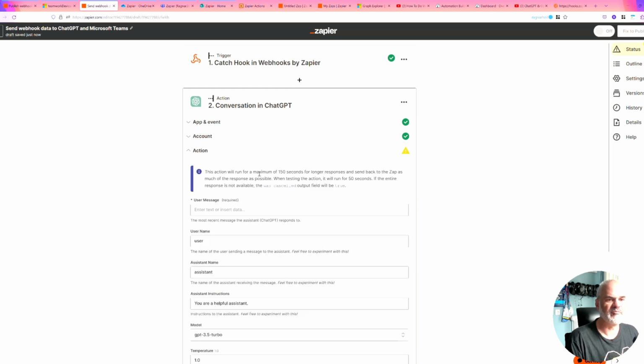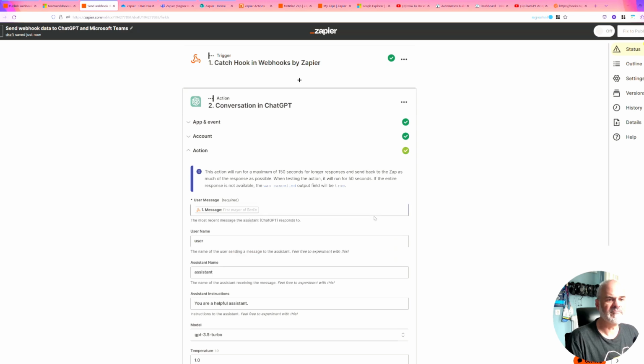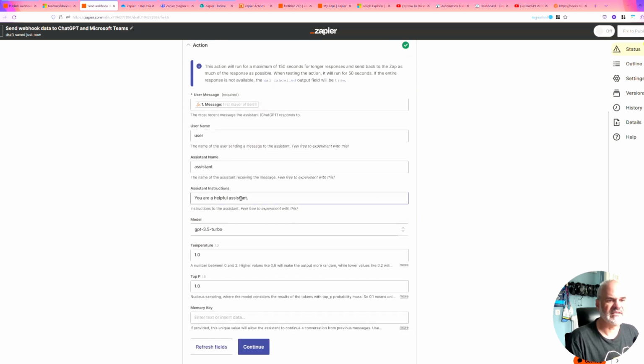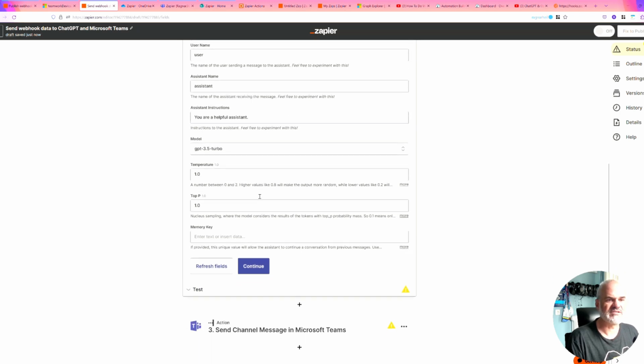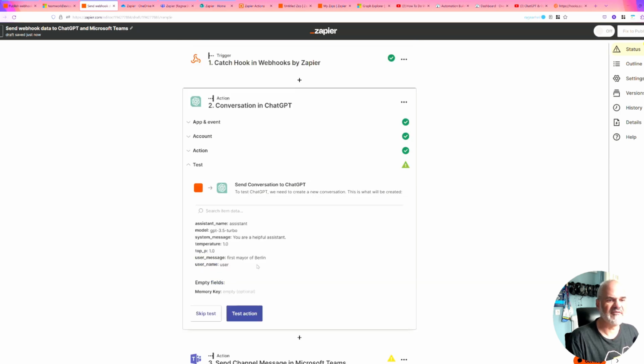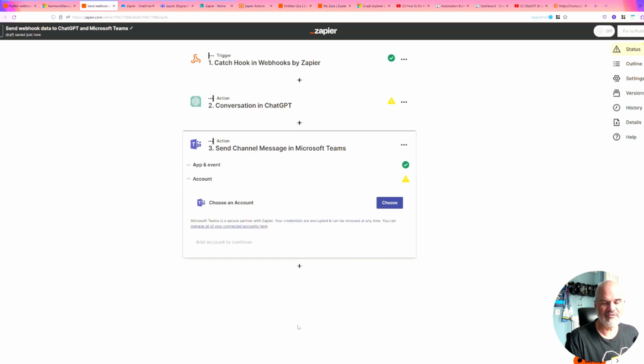And now the action would be the following. I'm going to use the user message, which is this one. Then the username is fine, assistant name. Yes, so here I can do some customized introductions, but that's currently fine. I'm also going to leave it with 3.5. Temperature is fine. So that's enough for our tests. And now the last thing is, after ChatGPT picked up my message, it's going to write the response